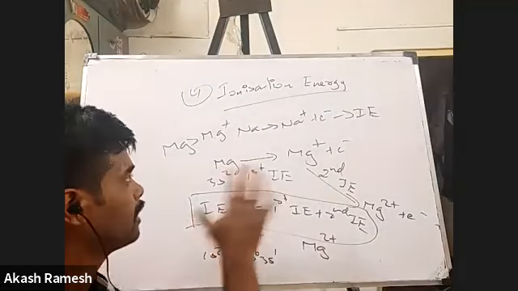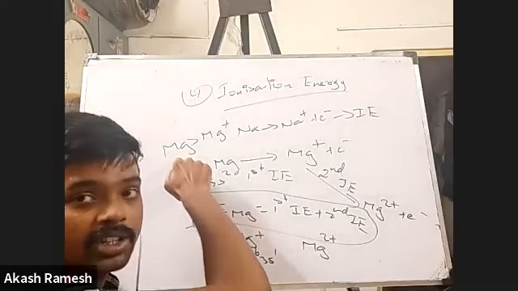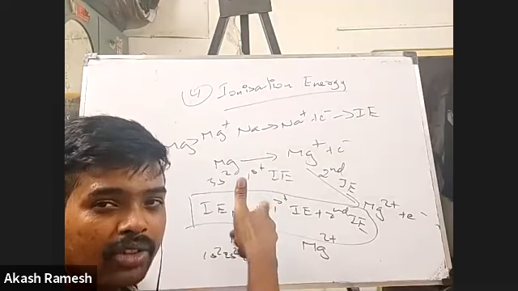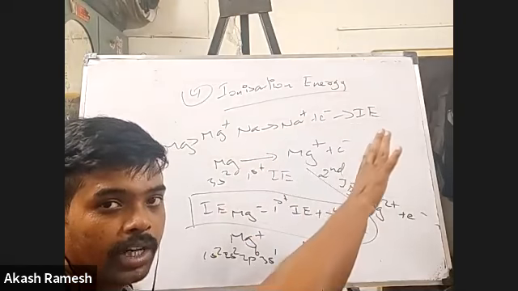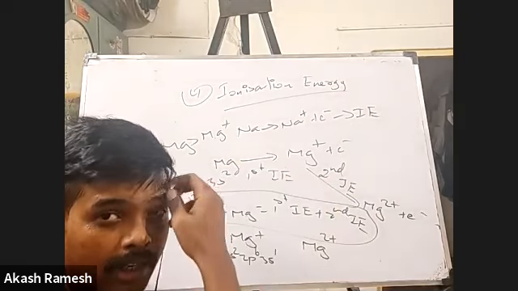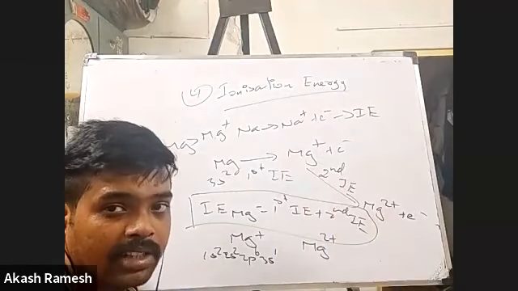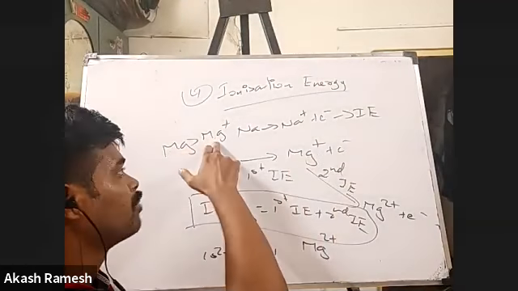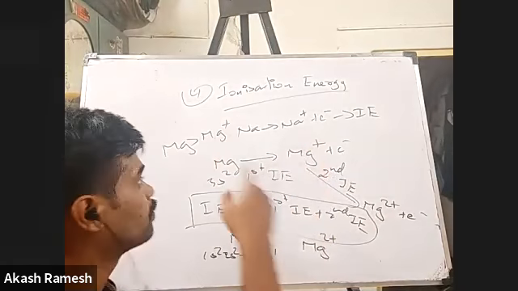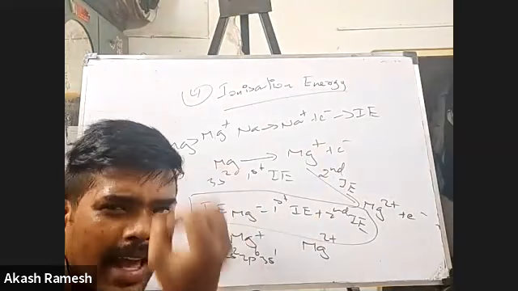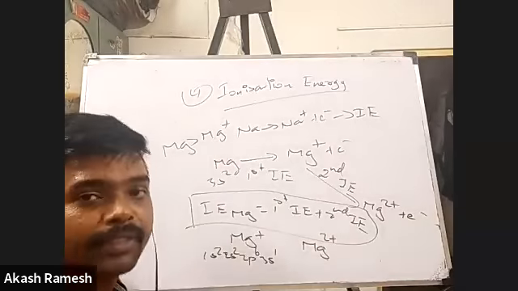Fine. So please tell me, where do I have to supply more energy now? Mg is larger in size, so can I say I have to supply lesser energy? I told you, when you look at the factors for ionization energy, electropositivity is one factor, which is inversely related, and size again is inversely related. Mg plus is smaller, Mg is a little bigger. So the amount of energy spent in Mg will be lesser because the atom is a little bigger, and a little lesser than in the case of Mg plus.